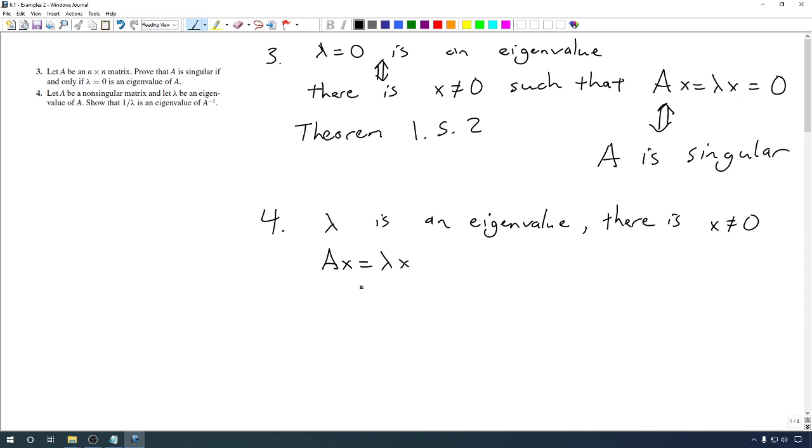We want to somehow turn this into an equation involving the inverse. Well, let's just essentially divide by A by taking the inverse times this equation. So x is equal to A inverse times lambda x. Well, I can pull the lambda out in front. And then we can divide by lambda. Lambda is not 0, we already said that. So that means that 1 over lambda times x is equal to A inverse x. So x is a non-zero vector where A inverse times x is 1 over lambda times x. That's saying that 1 over lambda is an eigenvalue